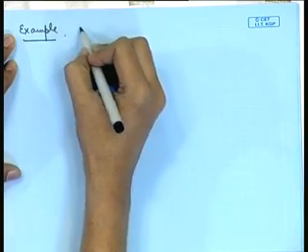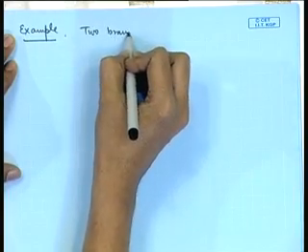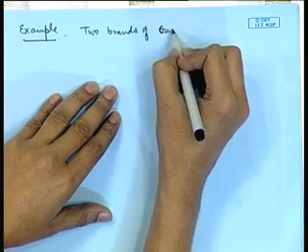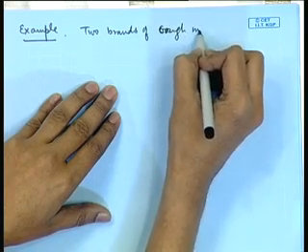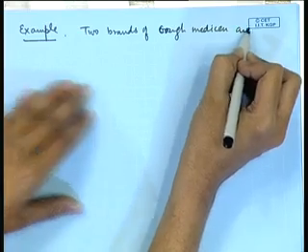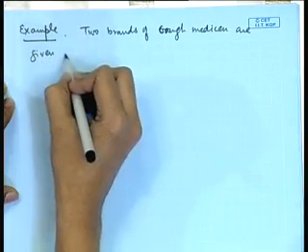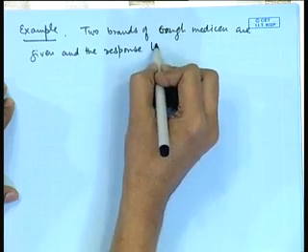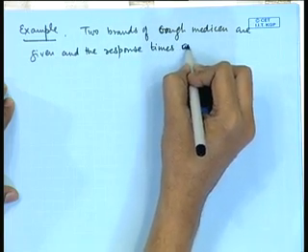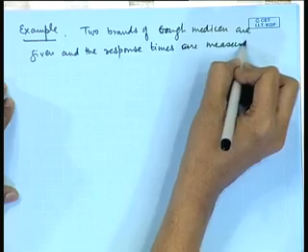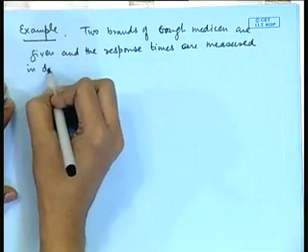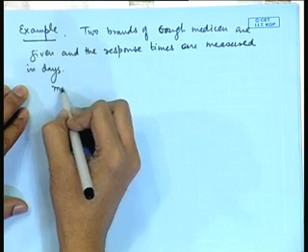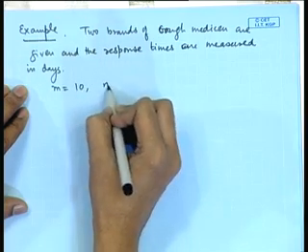So, two brands of cough medicine are given and the response times are measured in days. Okay. So, here we are having the data m is equal to say 10, n is equal to